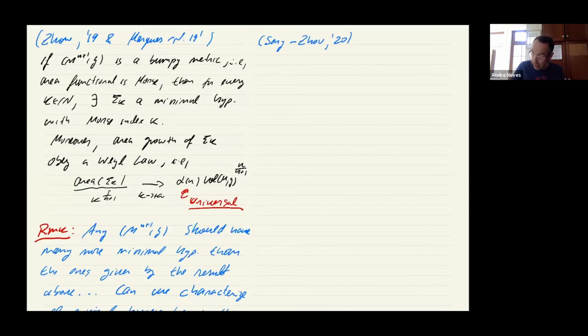The setup is the following. For a generic set of metrics, we take some closed Riemannian manifold having an orientable